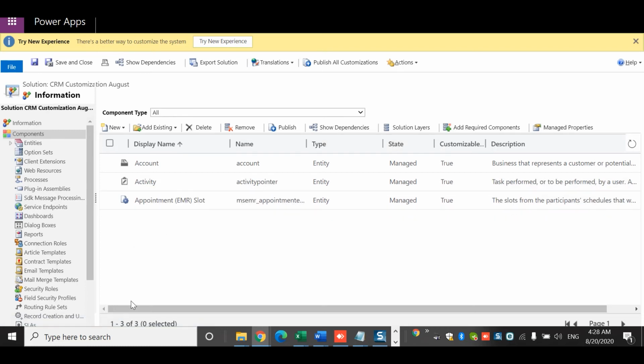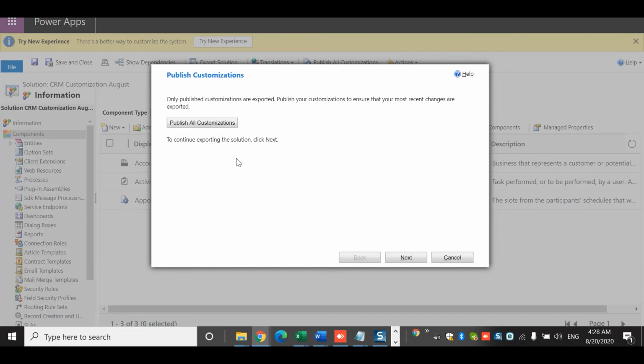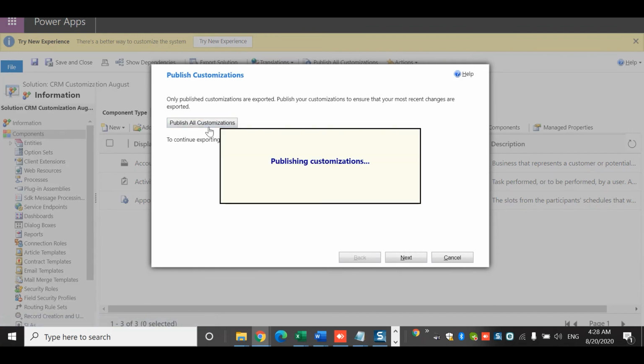So here I have created a solution. I save it. And what remains for me is just to publish all customizations. Once you've done that, I just say export the solution. So it's asking me to publish all customizations. Every time you make changes to any entity or a component in the CRM system, or you make changes to any solution,